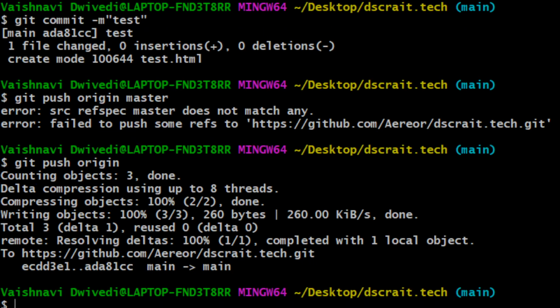All right. Okay, so git push origin. Now if I look over here, I'll be able to see my latest commit on the top, and it will be somewhere here, test.html. Now, if I go to the DSC-RAIT.tech site,